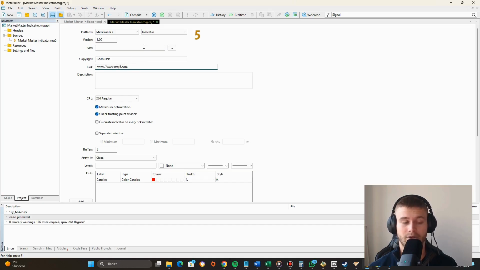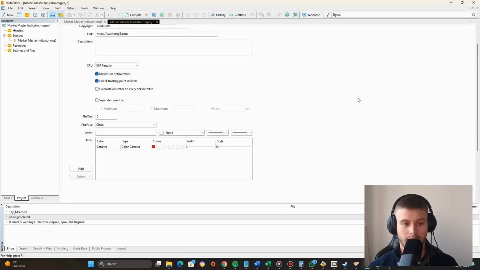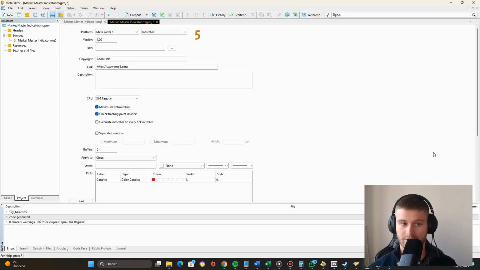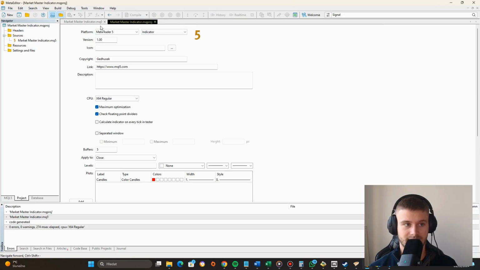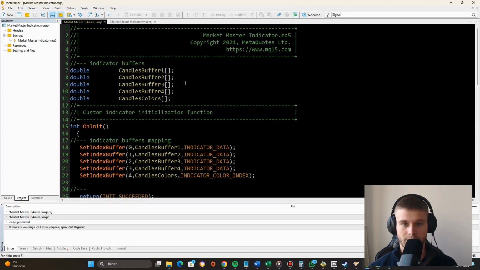I can use an icon as well, and I will use an icon, but this is something I will deal with later in the project. I can also add plots here, so I don't have to do it inside the code, and I can do it here. But so that's basically what you can do in this MQL5 file. So let's just save this, and then right next to it here is our